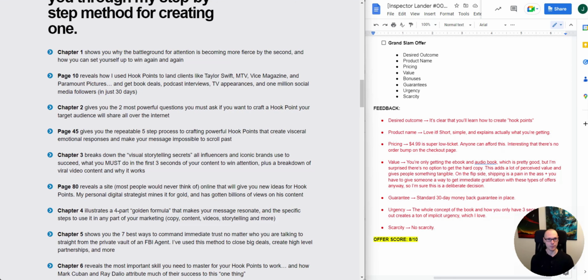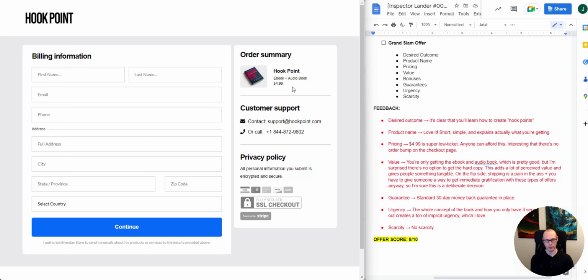The pricing, it's $4.99. So that's super, super low ticket. And obviously the idea is just to get a really high volume of low ticket buyers with this. As opposed to charging $97, it's within reach of literally anyone. What I found interesting is that there's no order bump on the checkout page. That's curious,